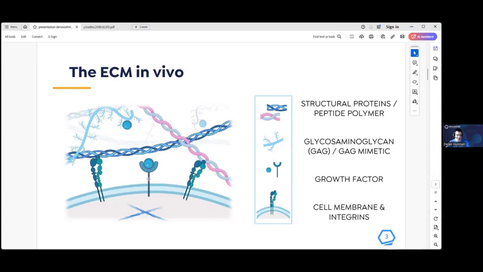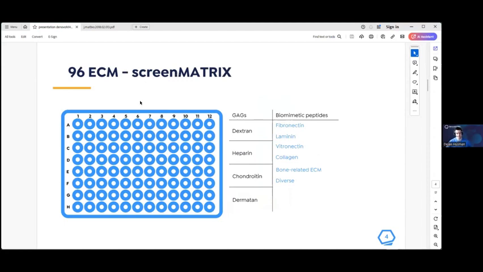So what is denovoMatrix all about? Essentially, we have created a coating technology that uses short peptide sequences, less than 30 amino acids long, to recapitulate multiple proteinaceous aspects of the extracellular matrix. In addition, we also incorporate sulfated glycosaminoglycans to mimic the glycosaminoglycan portion of the ECM. We offer a screening service which looks a little bit like this. It's a 96 well plate, which has a combination of 4 different glycosaminoglycans and 24 different biomimetic peptides, which